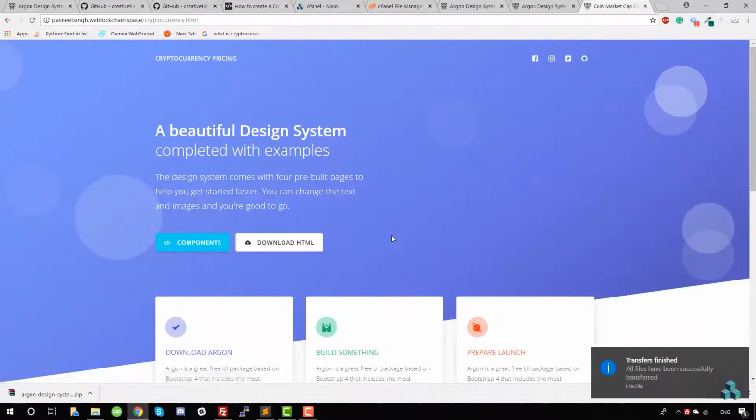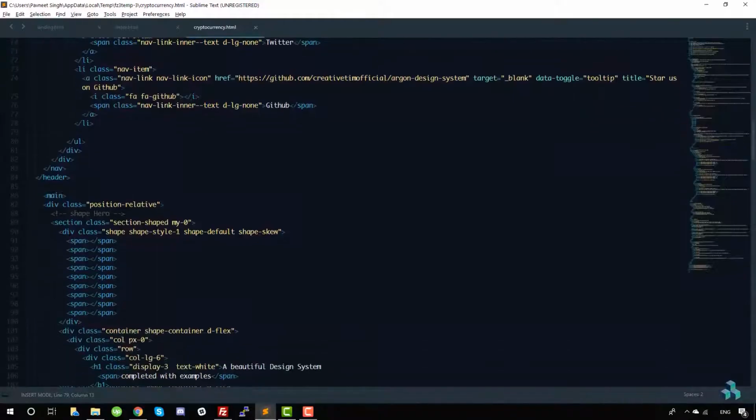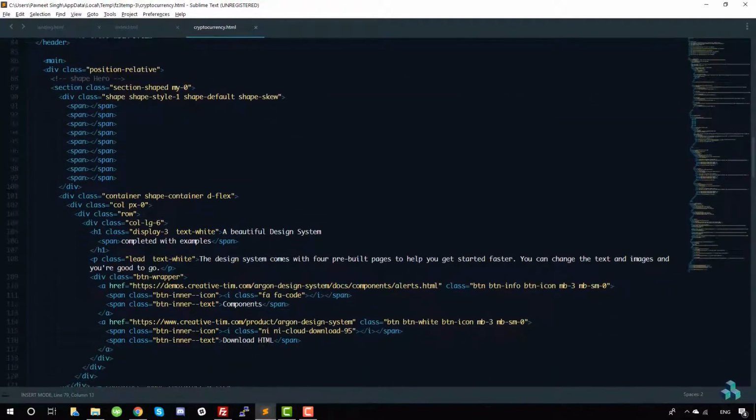Okay, that looks good. We've got cryptocurrency pricing. We've got the follow us icons. Now we need to edit this. This would be in the main section. So over here you can see a beautiful design systems completed with examples. So we'll say cryptocurrency pricing website,